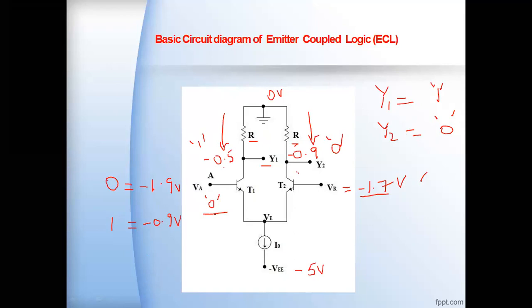So now you just conclude for this input combination. At the input we have applied the logic 0. And what about at the outputs of the differential amplifier? We have two outputs, Y1 and Y2. Y1 has an output of logic high and Y2 is logic low. So now the circuit is realizing two functions here. One is buffer, the other one is inverter circuit, or you can say non-inverter, inverter. The Y1 output is the inverter output, Y2 output is the non-inverter output. Is it clear?